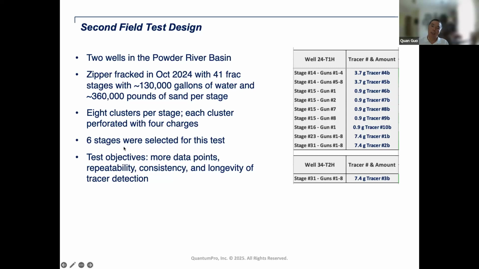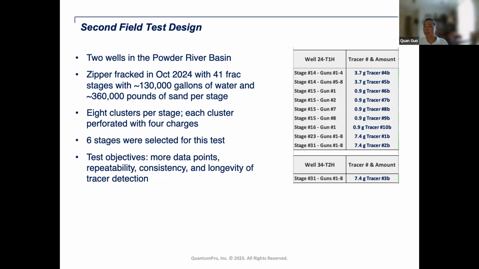And 6 stages were selected for this test, as shown here. This test was exclusively for charges with a tracer embedded in the liners. So all the tracers are embedded in the charge liners. And for stage 14, guns 1 to 4 were loaded with 16 charges embedded with a total